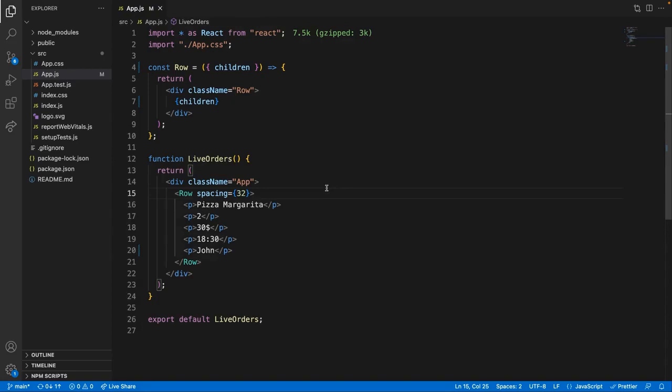In this application, there is an order that has been submitted for a client, requesting a pizza margherita. Each order contains the name of the dish, amount, total price, time of submission, and full name of the client. I have created a row component that will handle the separation per item. At the moment, it just returns the children as they are provided, so all the items on screen are cramped